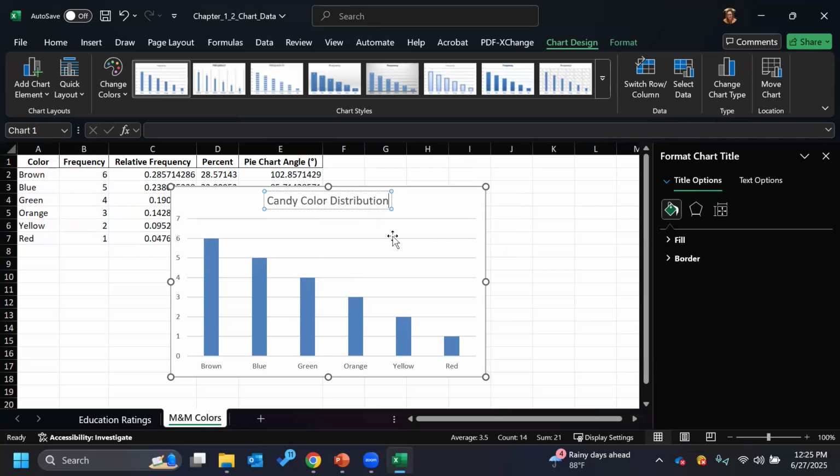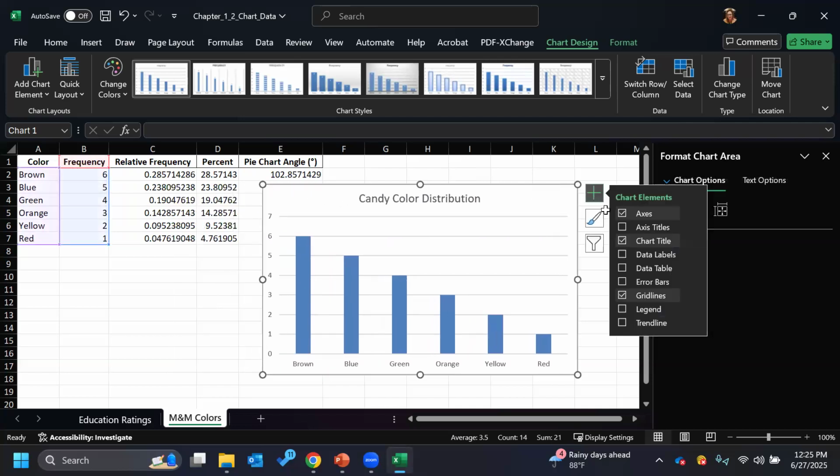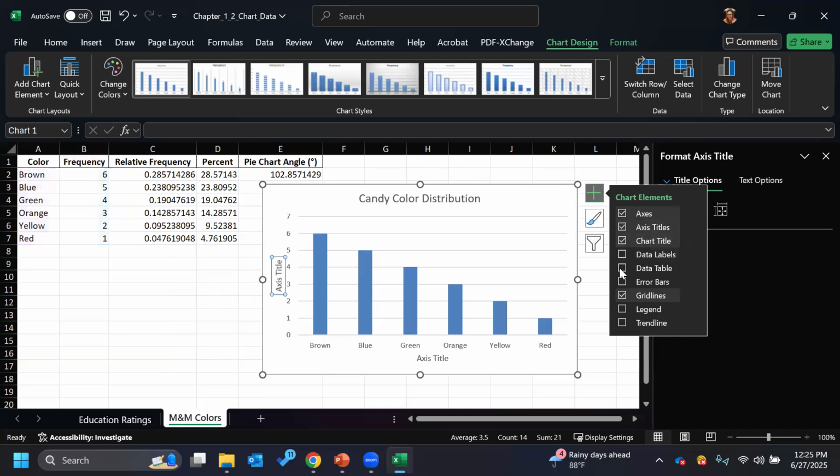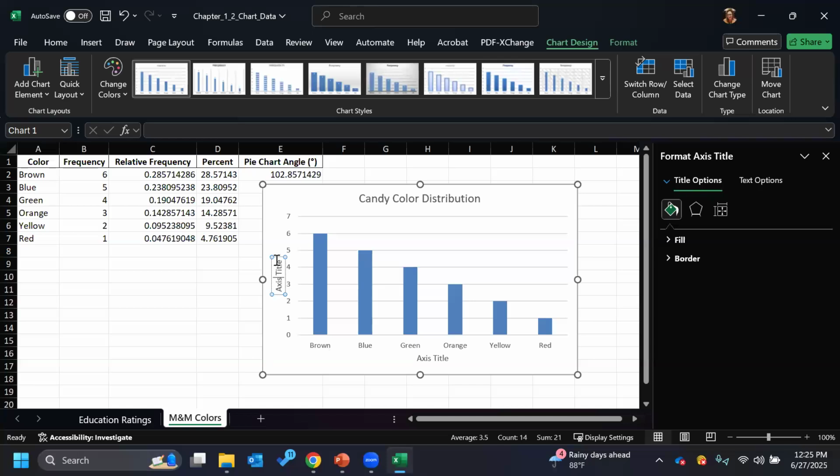Now, I'm also going to do the same thing I did before of adding my axis titles, data labels. Actually, I don't need the data labels since these are all very readable what the values are, but we do need the axis title. So this would be the number of candies, since it's a frequency. It's just a count of the candies. And this would be the different candy color. Whoops. All right, now